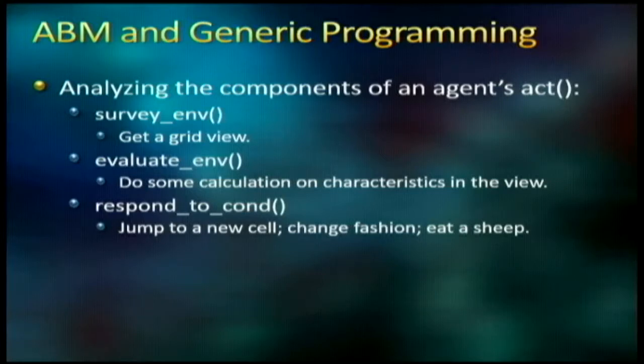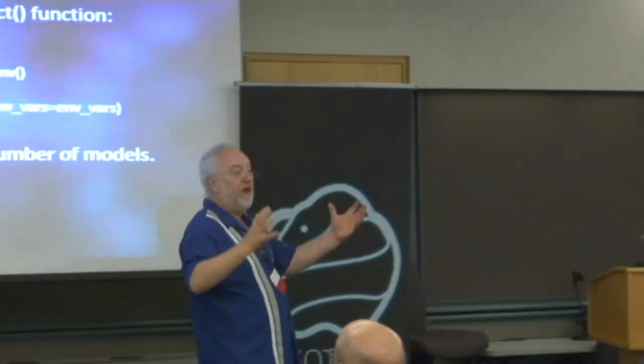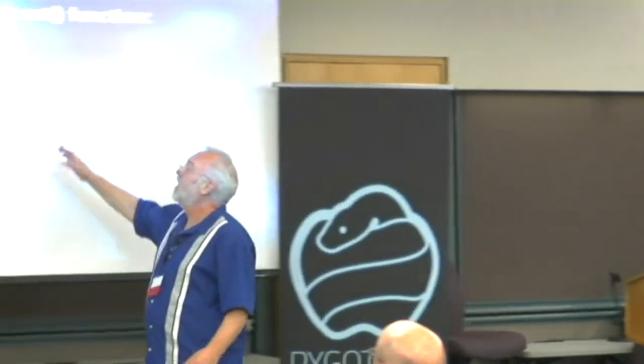So in the action loop, I've been able to isolate a common pattern, and what this does, ultimately, we'd like social scientists to be able to program a simple Python statement about what the agent's doing, and we plug it into these things. So how does the agent respond to conditions? So we have this little pattern, acting. We look around the environment, we evaluate what we saw. For instance, look at how many red versus blue agents there are around us. We do a calculation and then respond.